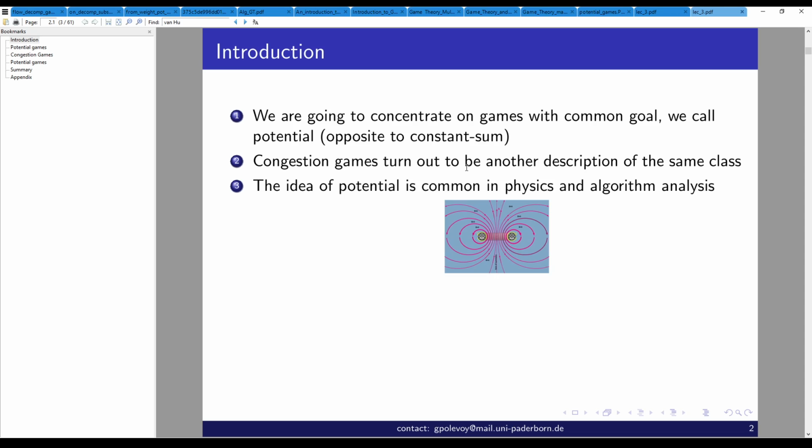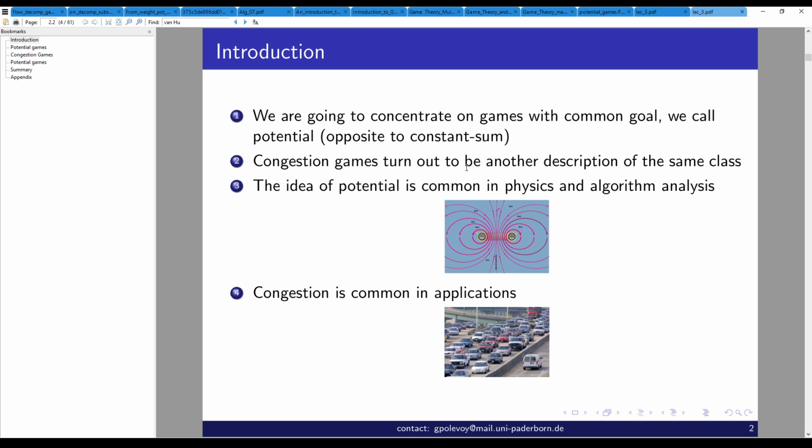We're also going to have this function which represents the utility of the players in general. That's the reason it's called potential. Of course, the physical and algorithmic potential are just something to remember as being in a way analogous, but we don't study those. We study some other notion of potential, which I will shortly describe. And the notion of congestion games is, of course, also taken from applications. We have many interactions where we can have congestion on the network, on the road, and so on.